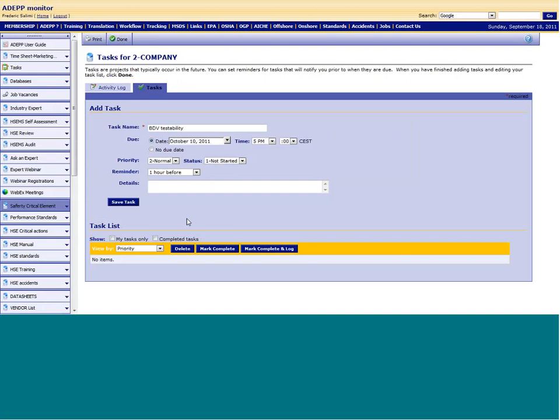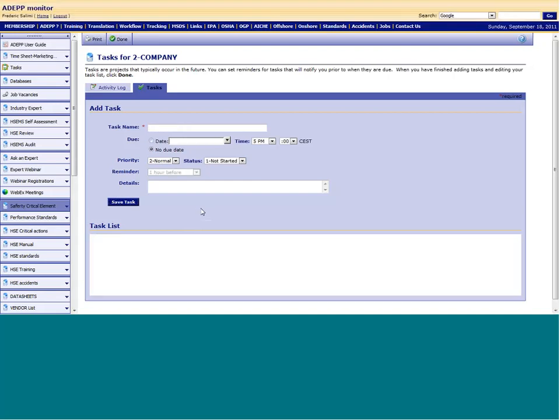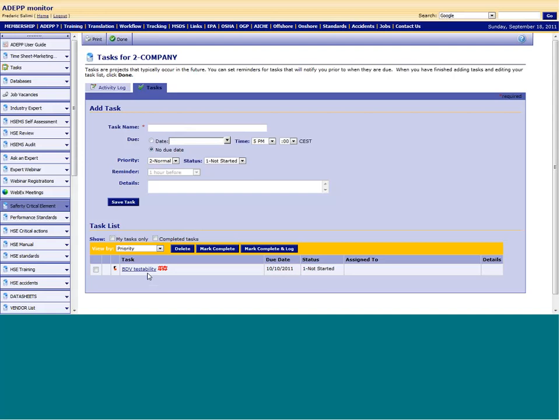And the reason is you want it earlier, because creation of the performance standards for the safety critical element is a multidisciplinary task, and it should be managed properly for the project. So when you put the task, for the BDV testability it will be here, not started yet, but you want to assign it to